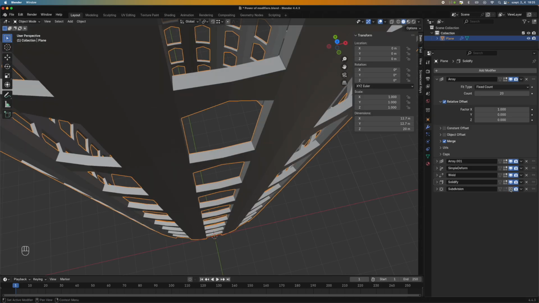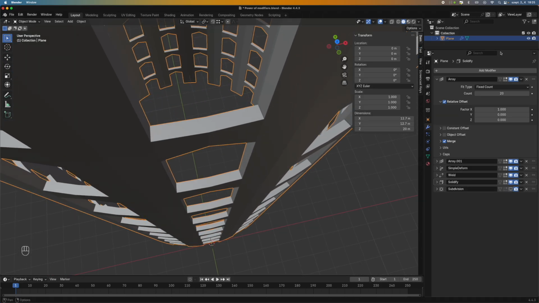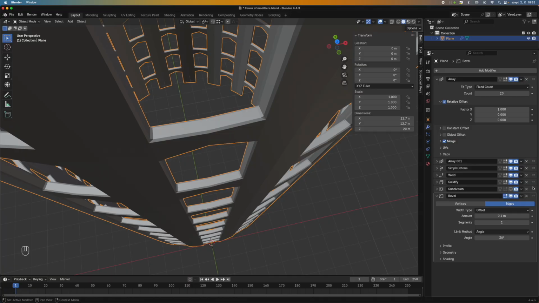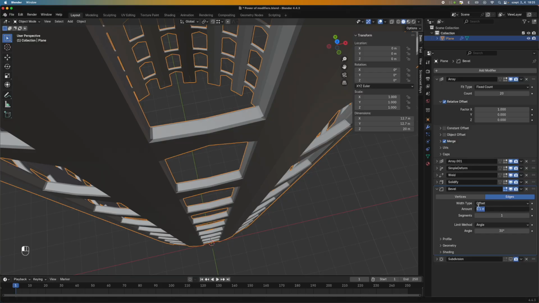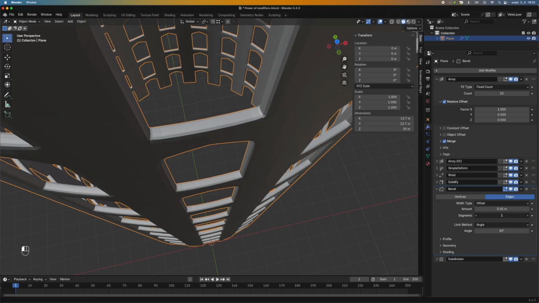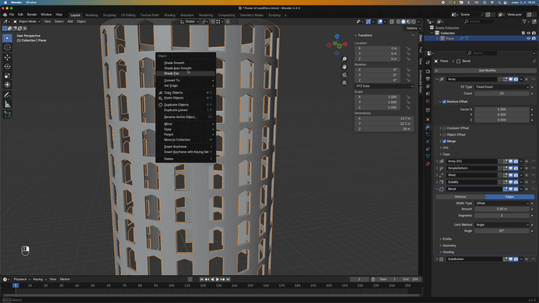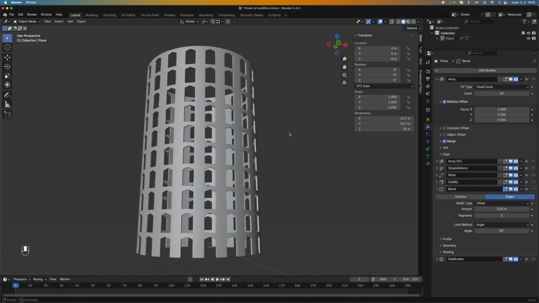If we disable this, I'd like to add in a Bevel modifier now, and move it before the subdivision, and let's decrease this to like 0.05, let's say. And if we enable this again, also I'd like to add in 2 segments. So if we enable it again and then change back to shade smooth, we have a pretty great